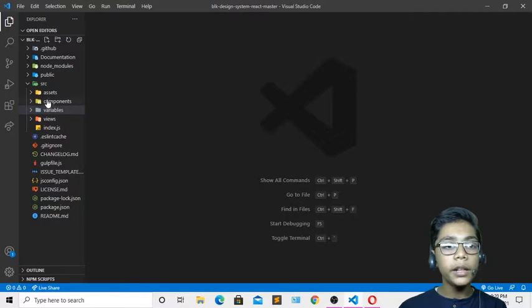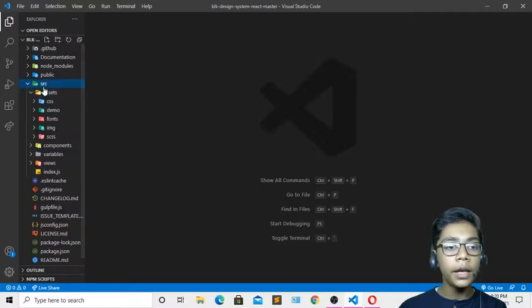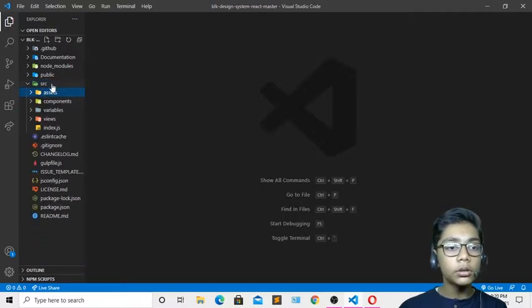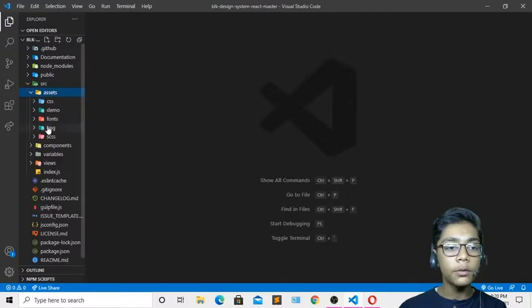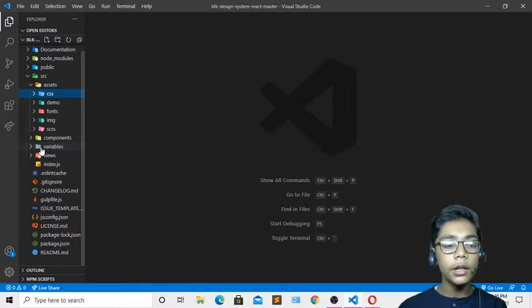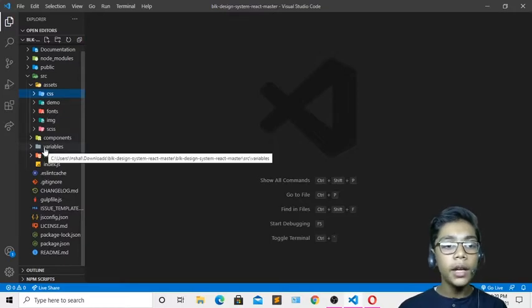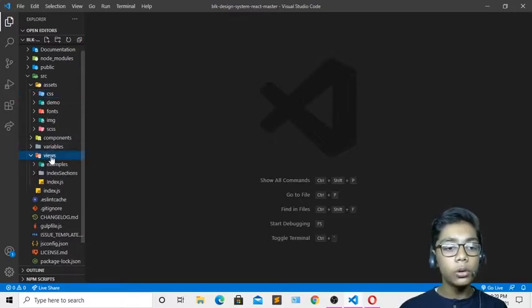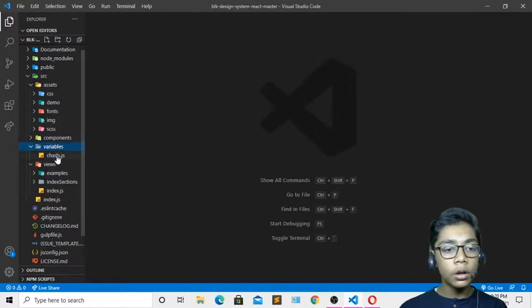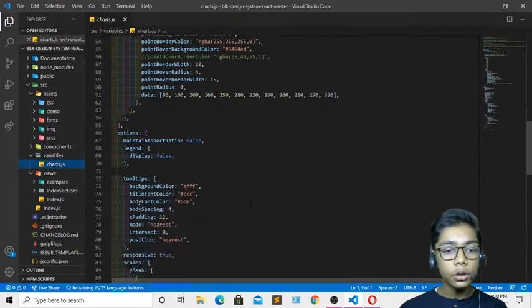When you create that, you will have the files like I am having, and you will have all these things also. So here you have to first of all open this src folder. We will be working with this css file, so I'll be working with it later on, but first of all I need my js file in which I will be writing my code. So just open your file which is called charts.js. I'll be just opening this file.